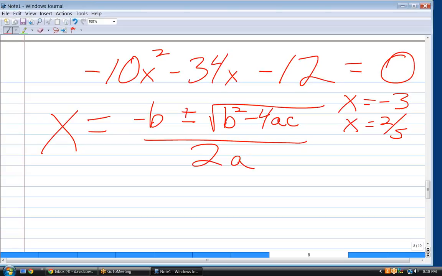Because once you come up with those numbers, if I don't have x equals, I would have gotten to the end and come up with those two numbers, -3 and 2/5. But what do I know? If I don't know that those are the answers, I wouldn't know to put the x in front like that. So always know that when you're using the quadratic formula, you have to use x equals the minus b plus or minus